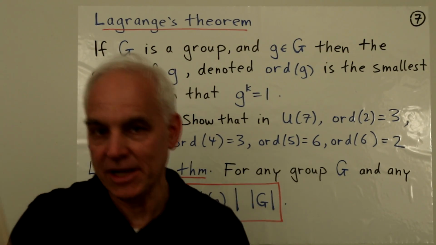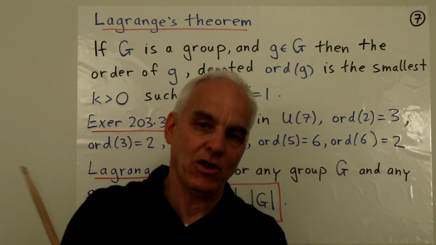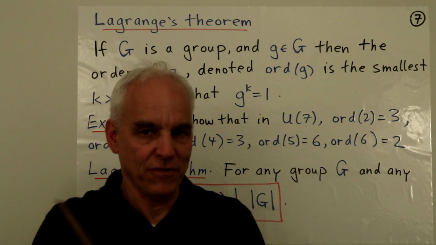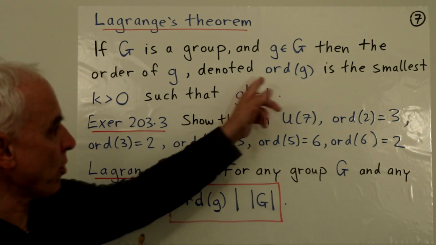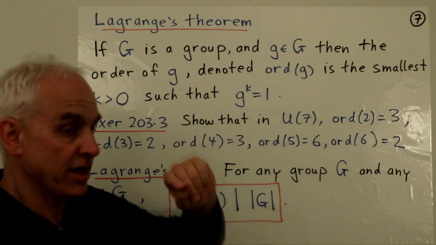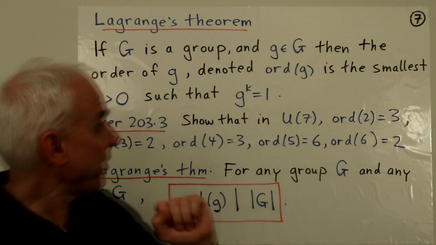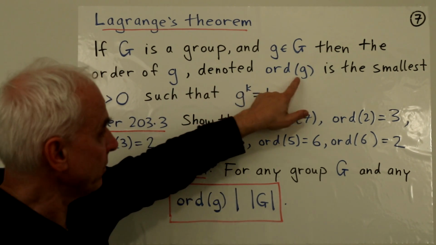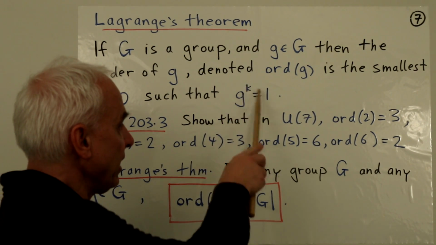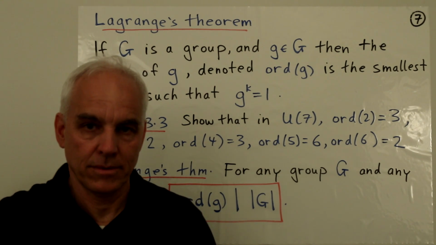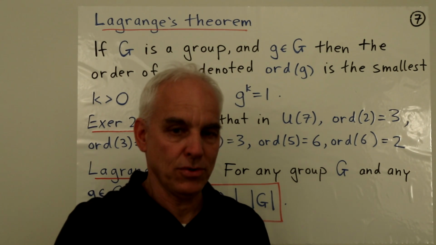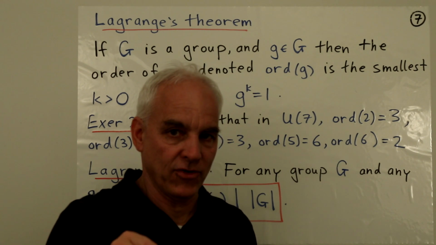Now, one more thing that we really need to know is a fundamental fact from elementary group theory. We haven't done group theory officially, but you will understand the meaning of this nevertheless. It has to do with something called the order of an element. If G is a general group, and little g is a particular element of that group, then we say that the order of g, denoted order of g, is the smallest natural number k such that g to the k equals 1. So you look at powers of g, and eventually you get 1. And when you do, that first time you get 1, that power is the order of g.